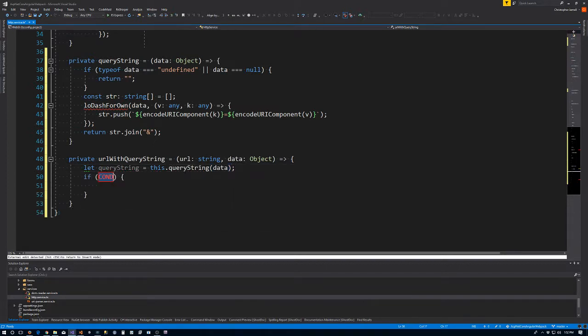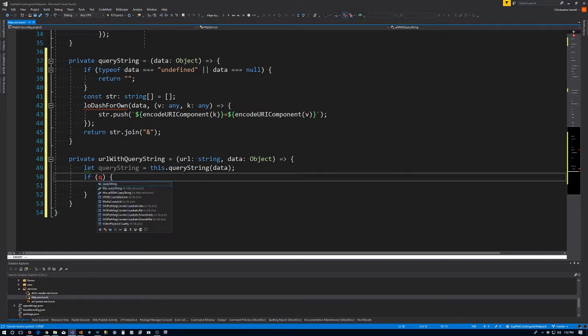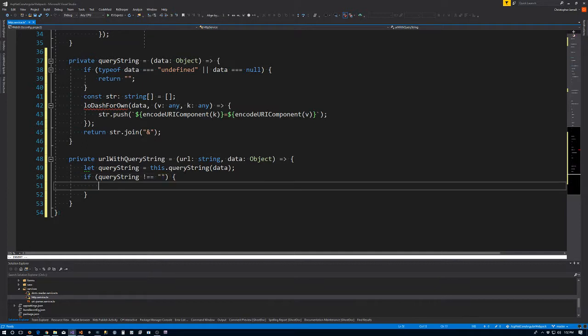We'll say if the query string is not equal to the empty string,